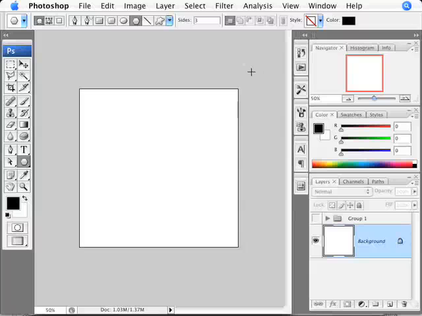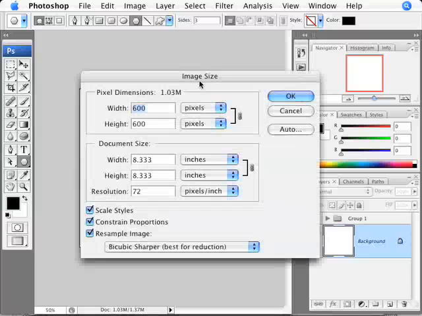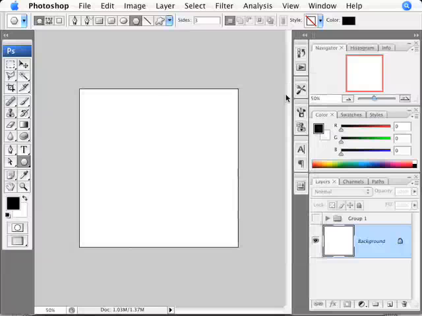So the way it starts off is just create a brand new image. If you look at this image I have here, it's 600 by 600 pixels, so you want it to be square, and I have it at resolution 72 pixels per inch. Create a brand new image, don't do anything to it, background layer. Now I have a group already inside here, and this is just going to be an image that I bring in at the end to show you one way to use this, but you'd just be starting off with a